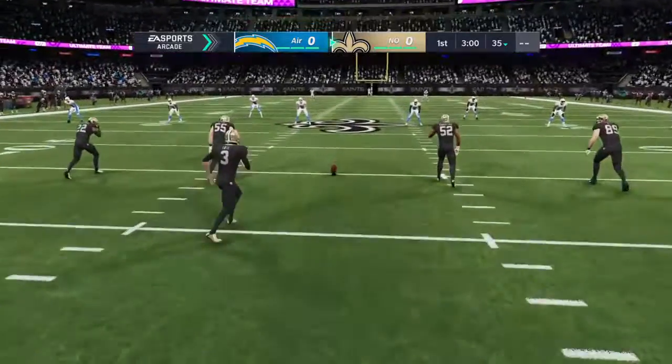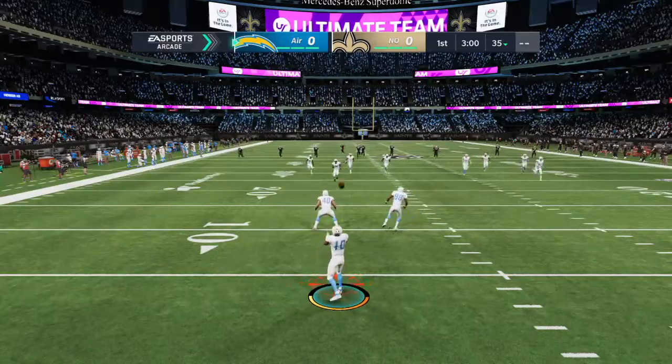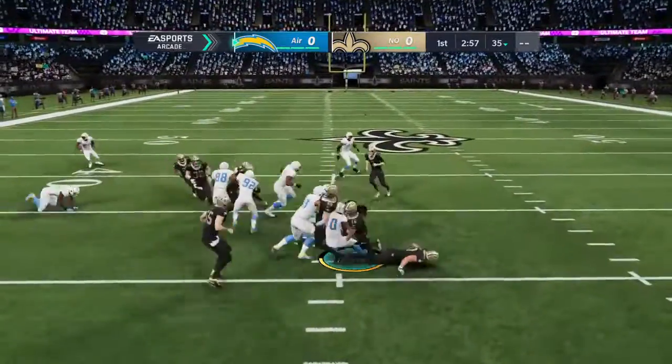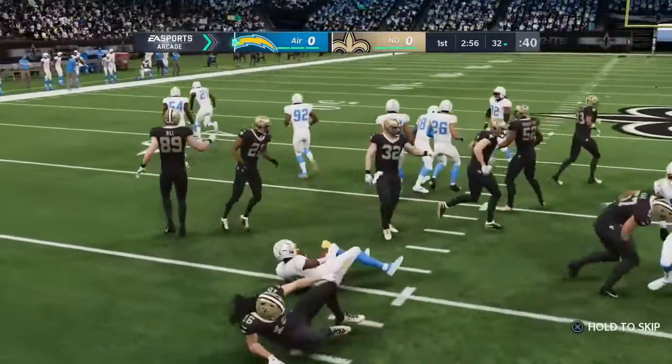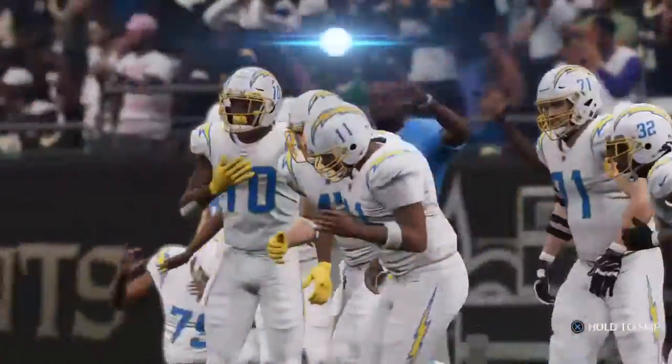Here's Will Lutz ready to get this one started. And off we go in Madden Ultimate Team. Tyreek Hill on the return. Solid return, pretty good field position. They'll start at the 32. The Chargers take over first and...